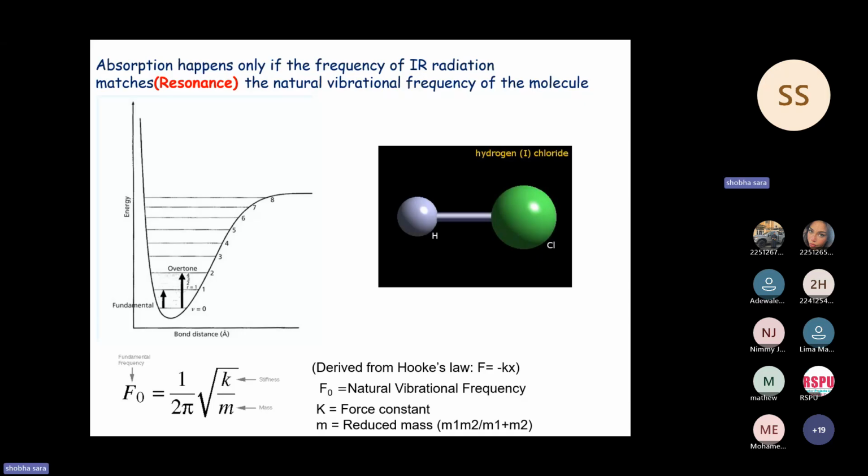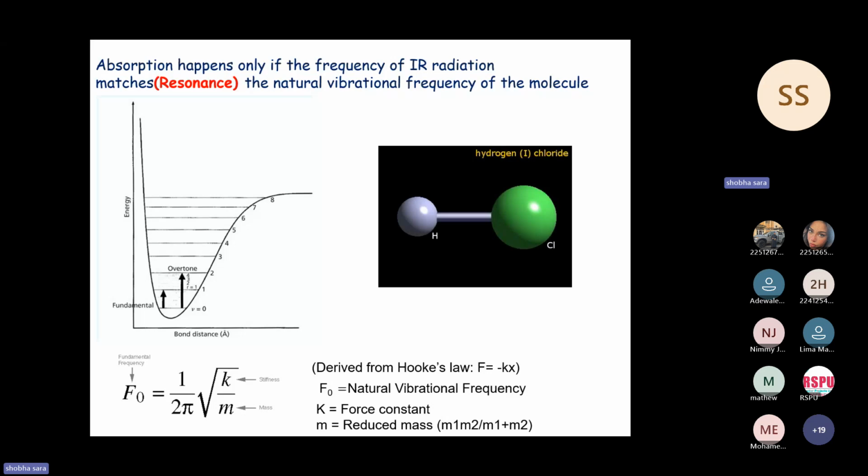So this molecule, HCl, we can take as an example. It has two atoms. There is a bond, and according to Hooke's law, it acts like a spring. There will be a vibration, like a harmonic oscillator, but ideally, no bond is a simple harmonic oscillator. There will be a slight variation. It is anharmonic. So theoretically, we can say the frequency of this vibration is given by this equation,